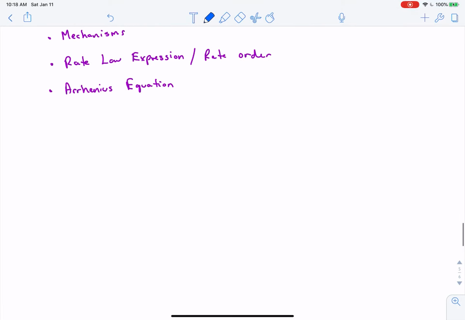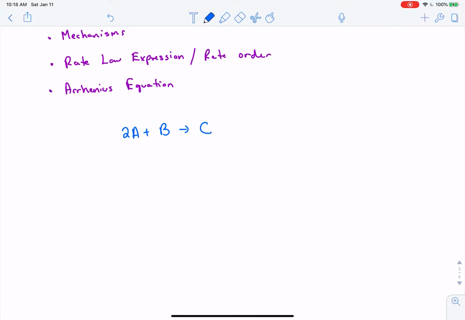So if you remember in SL, we talked about collision theory, which said only two particles can collide with each other to initiate a reaction. And so if you have something like this, because there are three particles that are reactants, according to our collision theory, there's no way this happens in one step. There's no way that all three particles collide together and form one particle. And so what this is